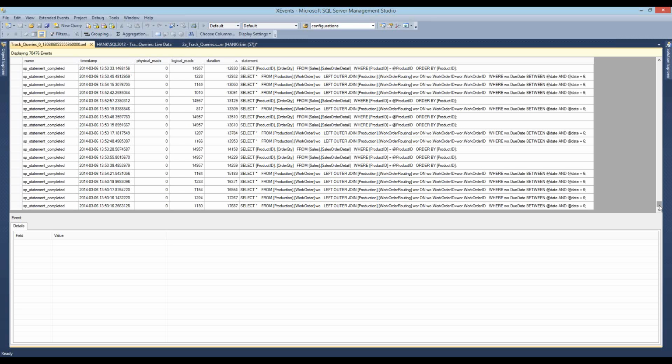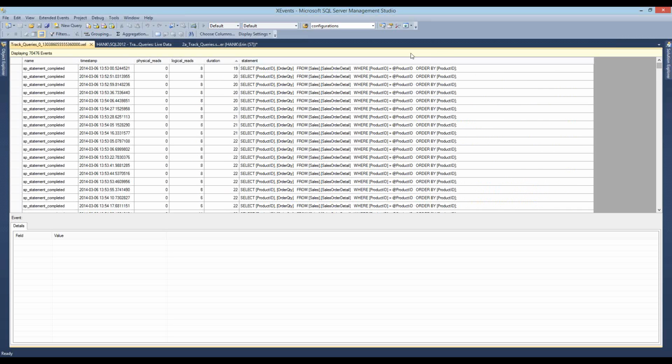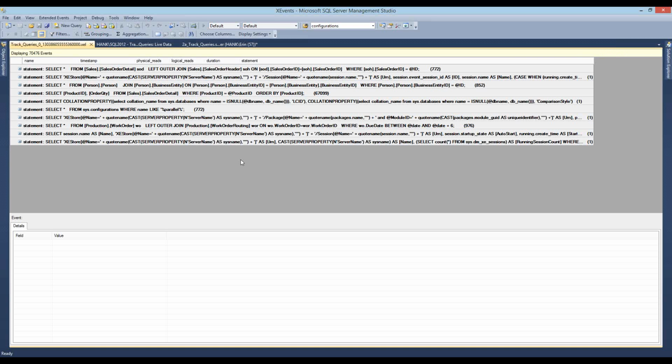But sometimes the queries that are affecting performance the most aren't necessarily the ones that have the highest number of reads or take the longest amount of time. It may be those that run over and over and over again. We call those the death by 1,000 cuts. One of the things you could do in here, which you couldn't do in Profiler, is right-click and group by a column. And so for my parameterized queries, for my stored procedures, now I can get these grouped.